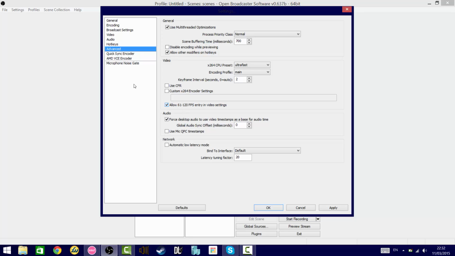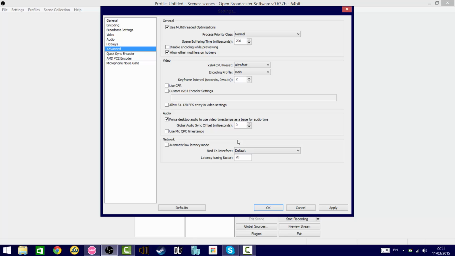You can allow 61 to 120 FPS settings, but it's not required. You don't need to. If you're going to try recording in 120 FPS, you better have a capture card capable of it, or some form of redundant hardware in your machine that you can then use to do that. So for example, an extra graphics card that you can then use to capture from another, using some really random looping tricks. But anyways,